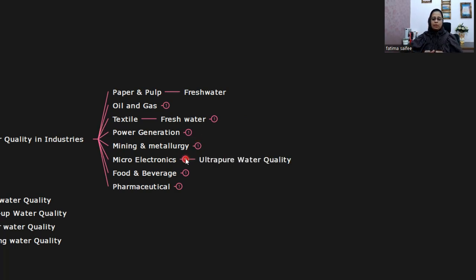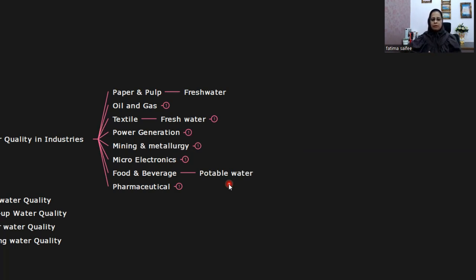Next is microelectronics. In microelectronics, ultra pure water quality is used because many sophisticated devices are manufactured in this industry. And next we will come to food and beverage. Food and beverage means where you need water which you are able to consume. That means if you are preparing some beverage, food, drink, or shake, potable